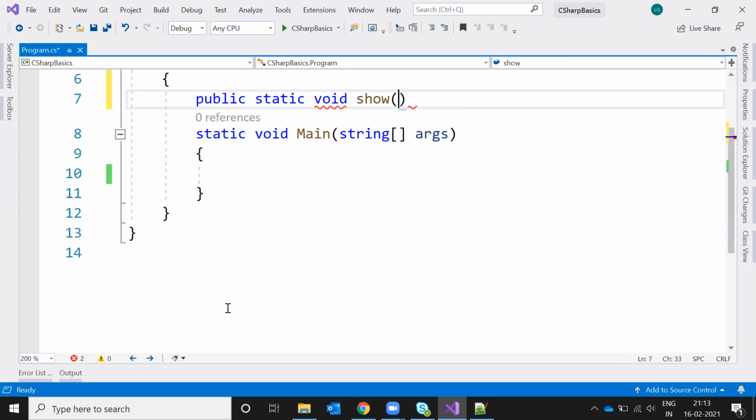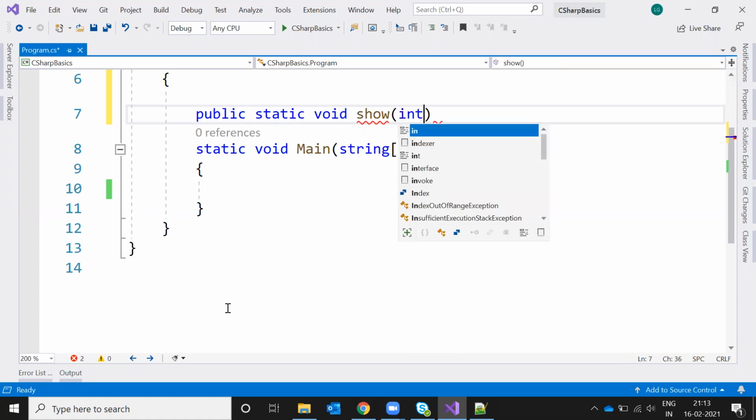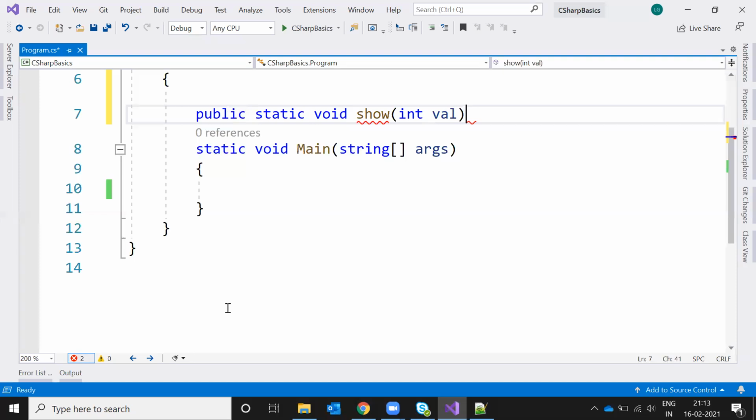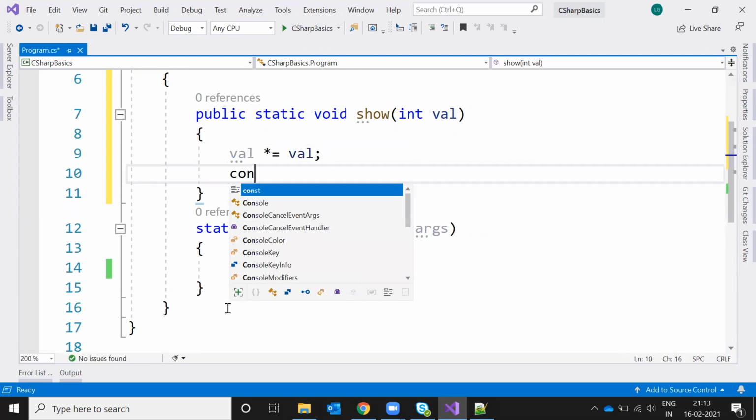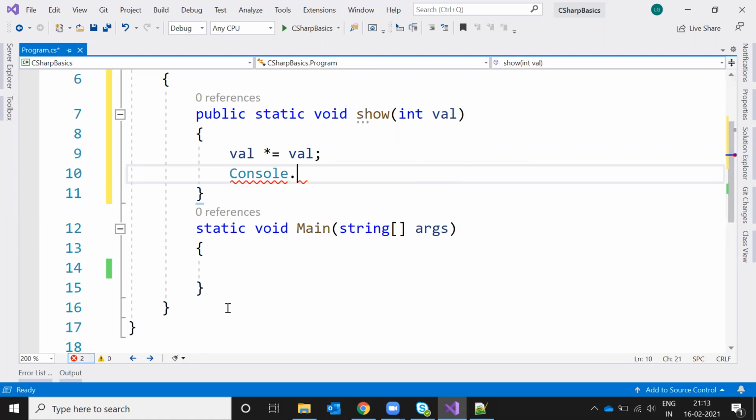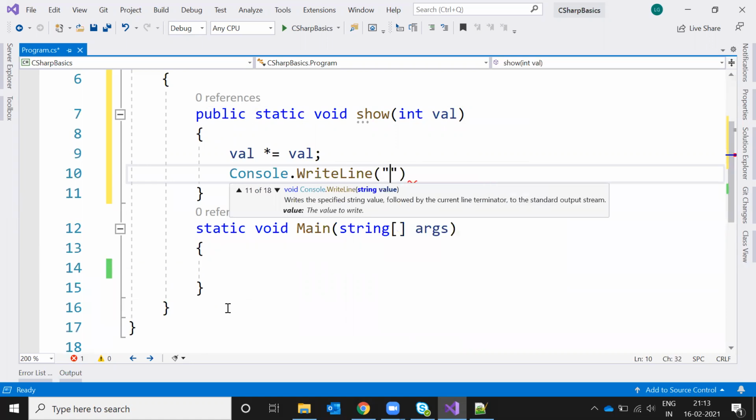Show is a method that takes int val, and here I'm going to declare a value, to check whether I'm able to modify the value or not.